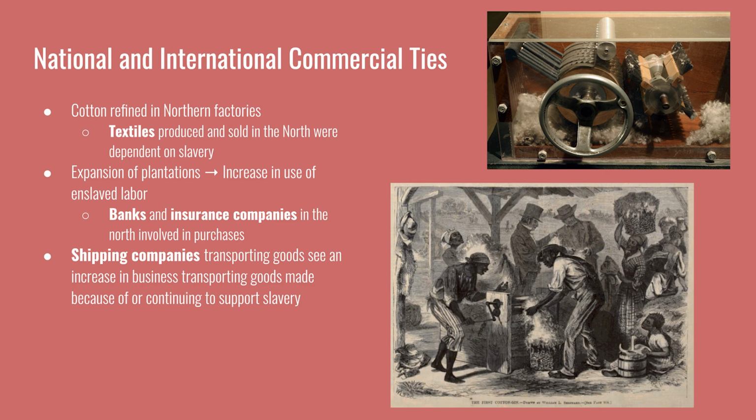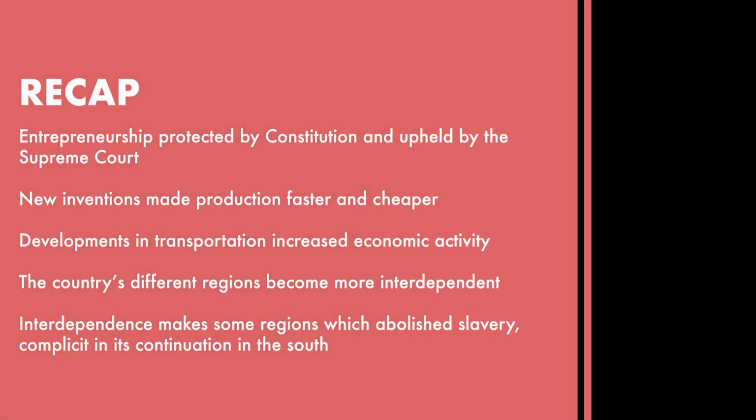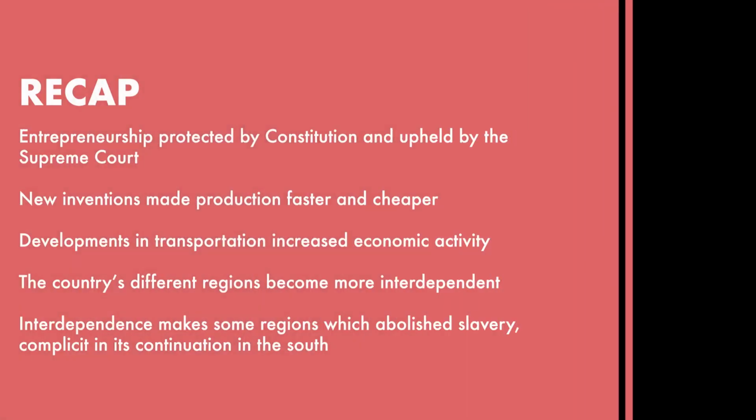The moral stance of northern states may have differed, but cotton was so closely tied to economic growth in the early 19th century that everyone in the country benefited from it. Slavery was an institution that touched every part of the economy, and every region in the country was closely interconnected because of it. Finally, for the recap, entrepreneurship was protected by the Constitution and upheld by the Supreme Court, leading